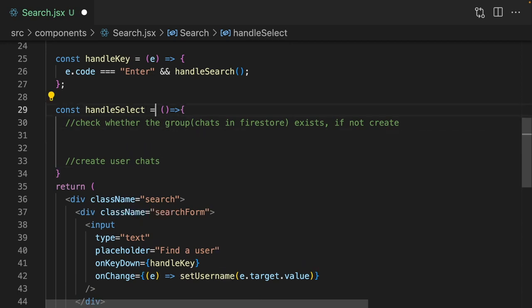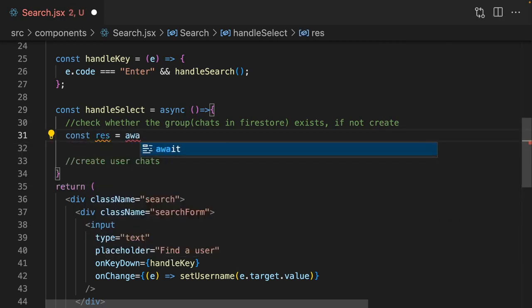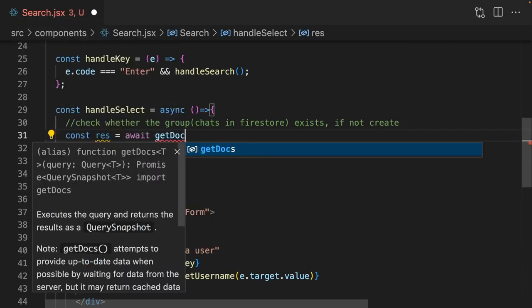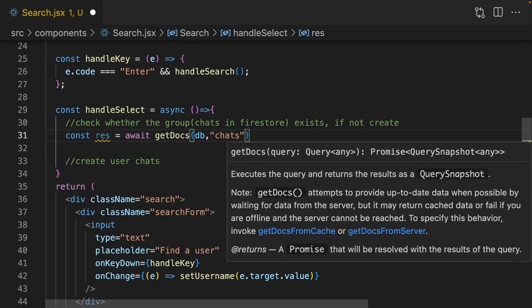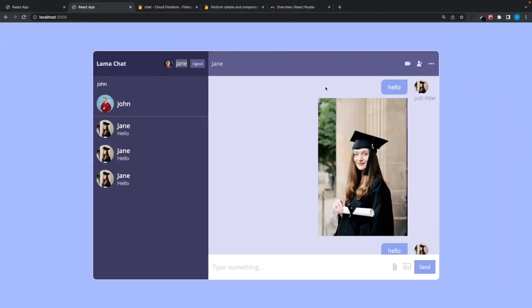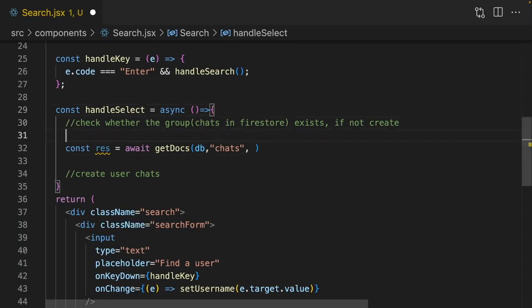It's going to be an async function, and I will say const response and await get document. We are going to call our DB, and we are going to look inside chats collection, and we are going to write here the ID of those users. We are going to join them and write it here. Let's do this. I'm going to write here combined ID,